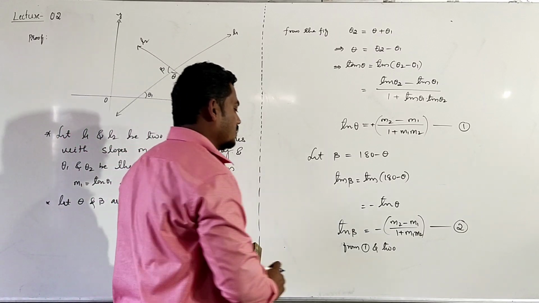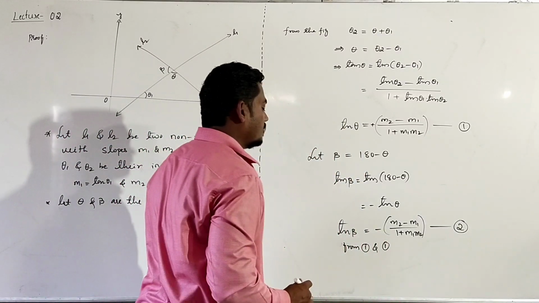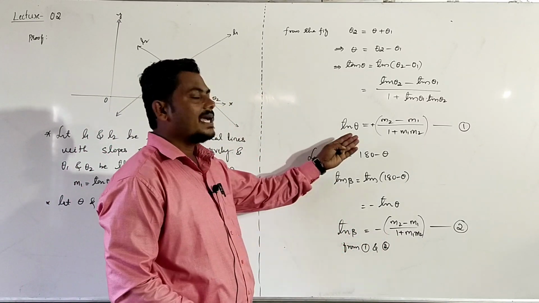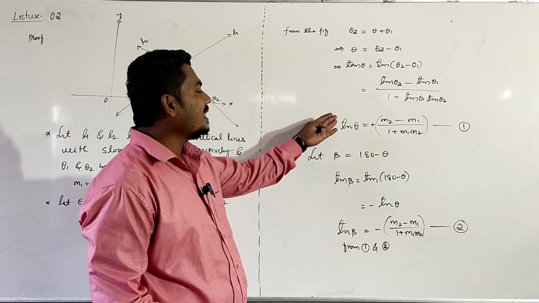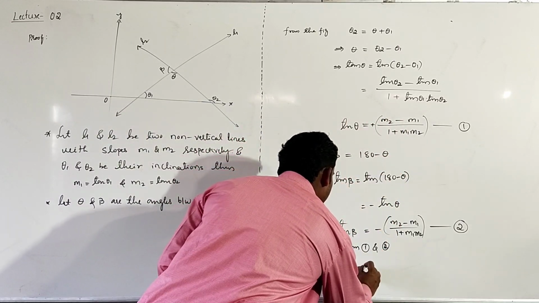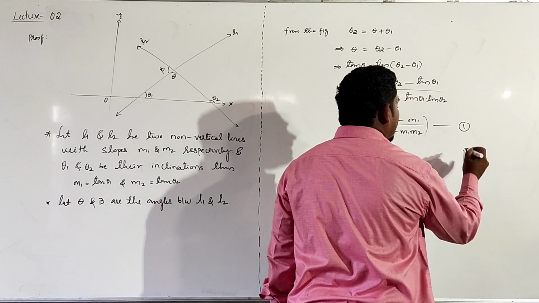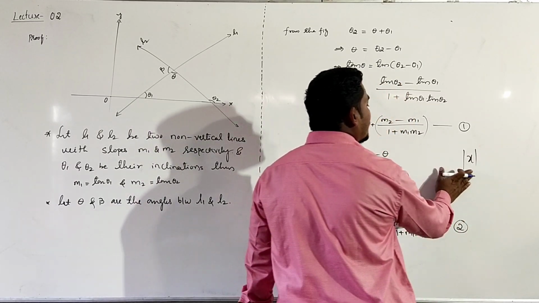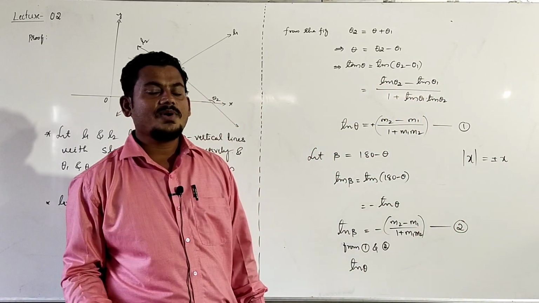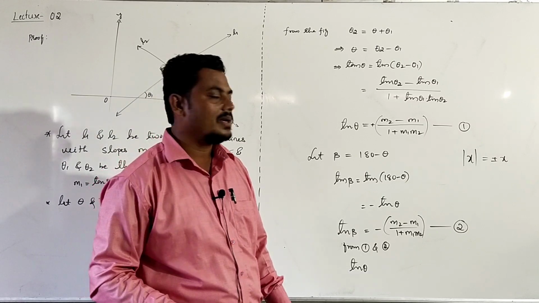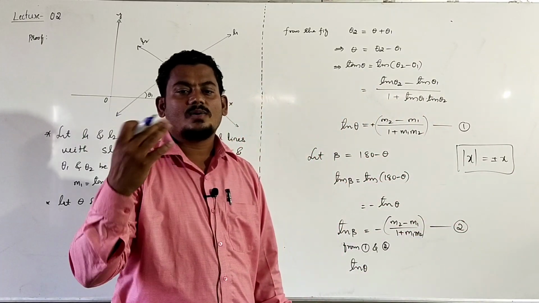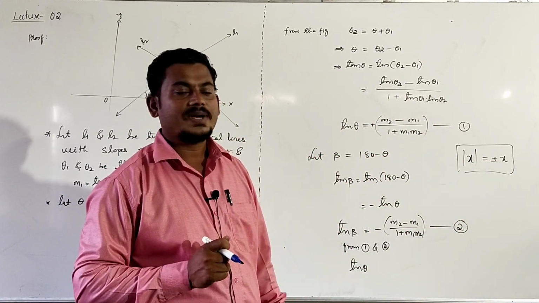from equation number 1 and 2, what can we take? From 1 and 2, for the angle between two lines, instead of taking tan theta and tan beta, both are one and the same. If you club these two, tan theta is equal to, already you studied the modulus function. Modulus means both values are possible. For some values it will be negative, for some other values it will be positive, so modulus of x means plus or minus x. For positive real numbers the modulus output is plus x, for negative numbers the output is minus x.